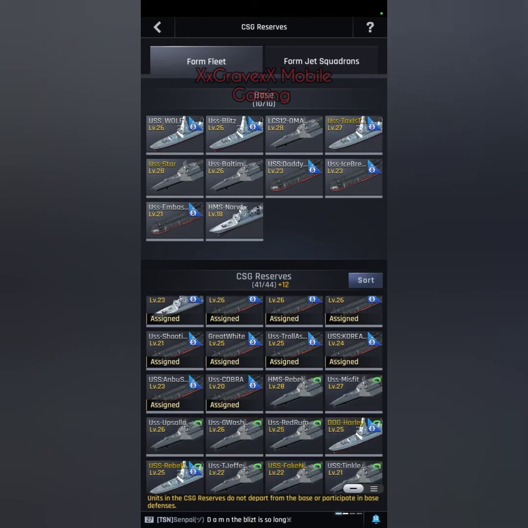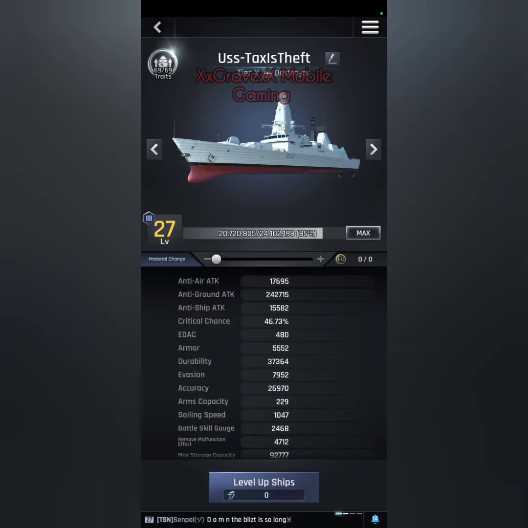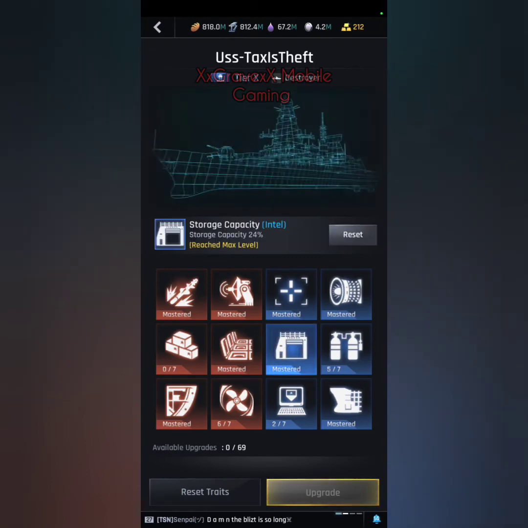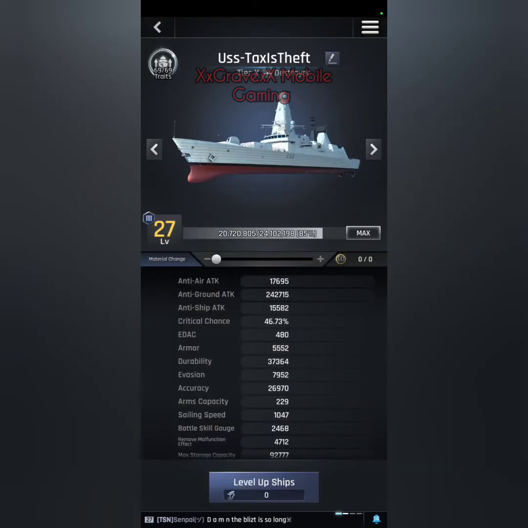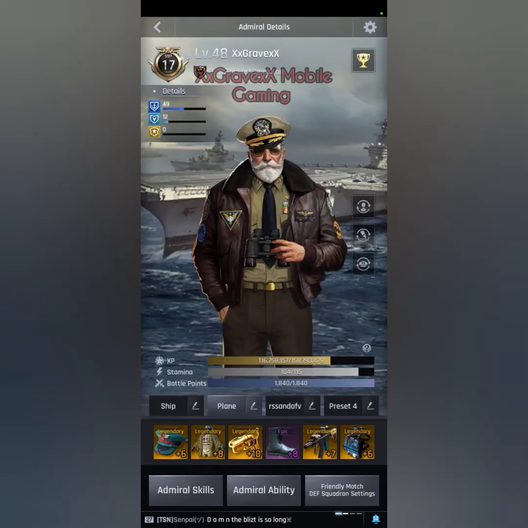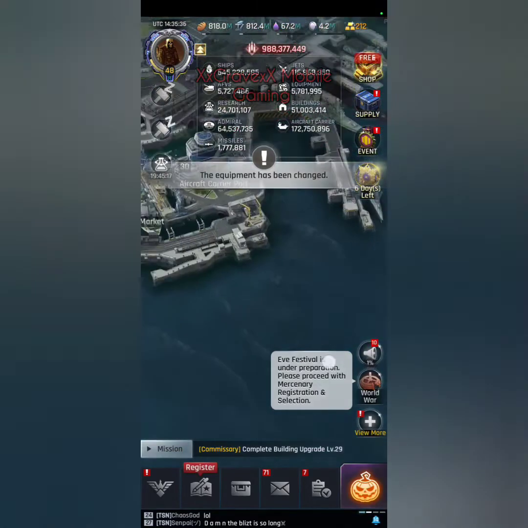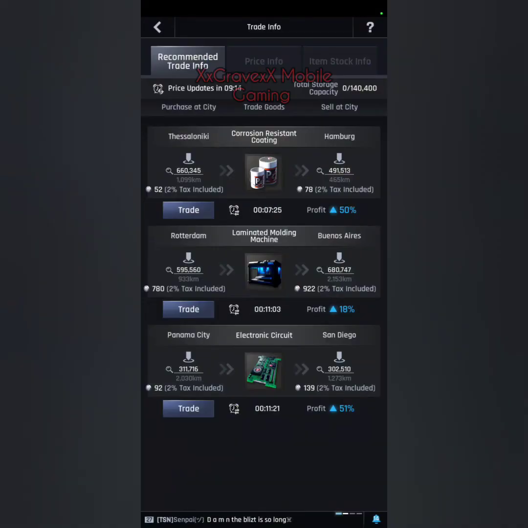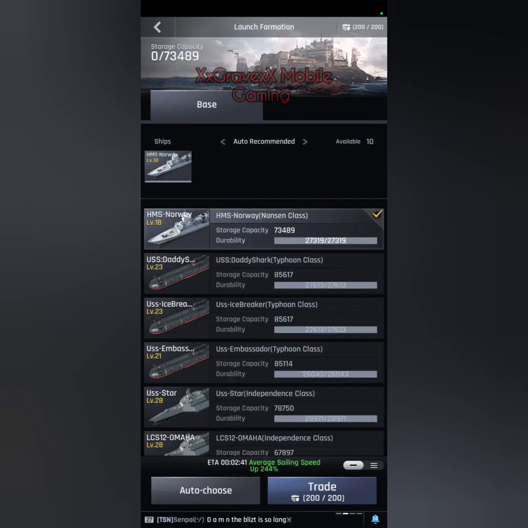This ship right here. This ship isn't a combat ship. This is my trading ship, so I have it storage capacity mastered and speed mastered. This one just drives the cities getting silver, and I'll show you how to do that in just a second. So if you see my armor here, this actually adds storage capacity. So when you are trading,